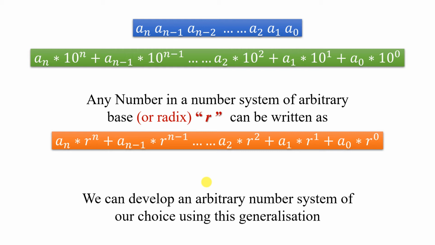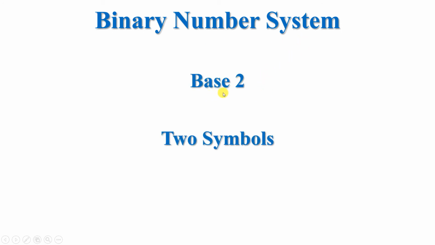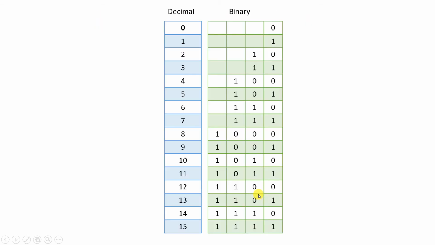A 0 is a 0 voltage and 1 is a 5 voltage. That is the convention. So with this convention, we will try to develop a number system which is the binary number system. So the base is 2. It has two symbols, 0 and 1. So depending on the explanation we had, now we can develop the binary numbers. So it is 0, 1.